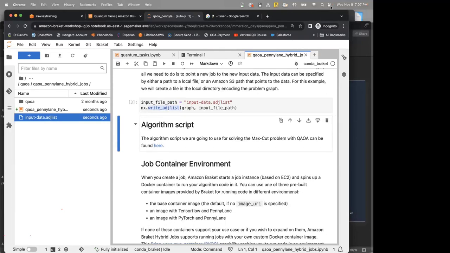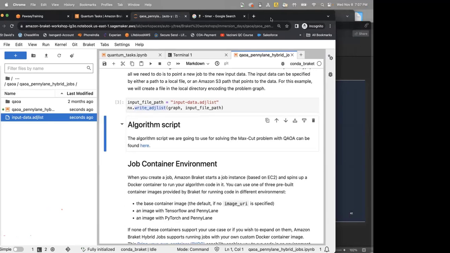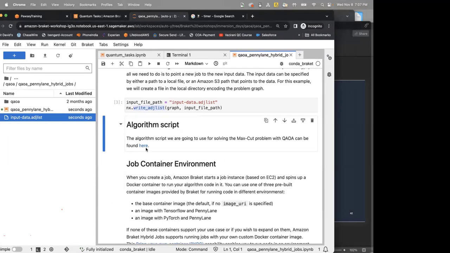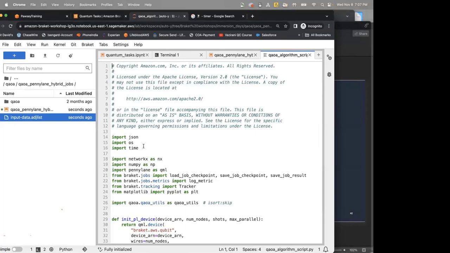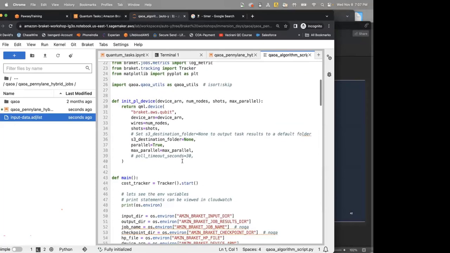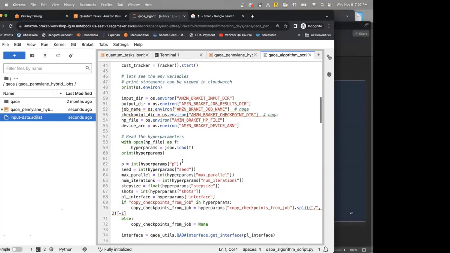If you're interested in looking at the algorithm script by itself, it's given here. If you click here, the script is shown. For example, you define the input directory, the output directory, the name of the job, and so on. These are the hyperparameters, basically environment variables, that we will be taking a look at.